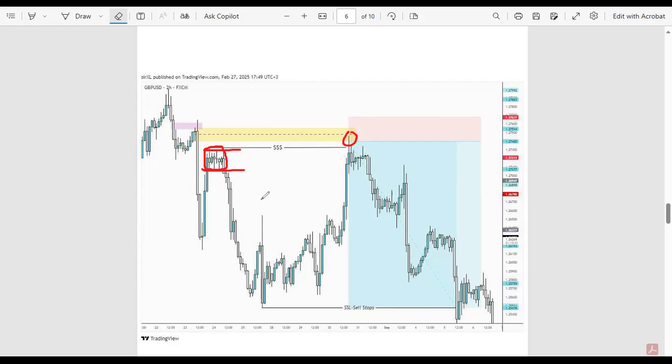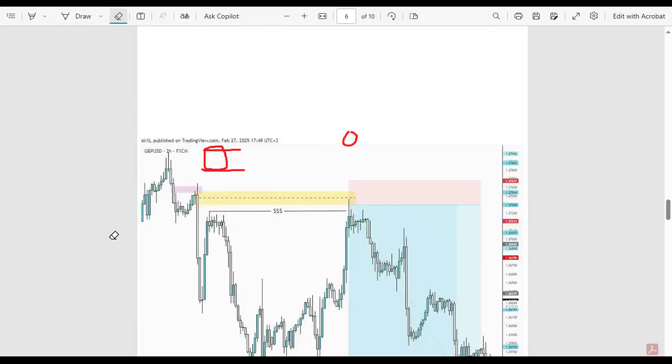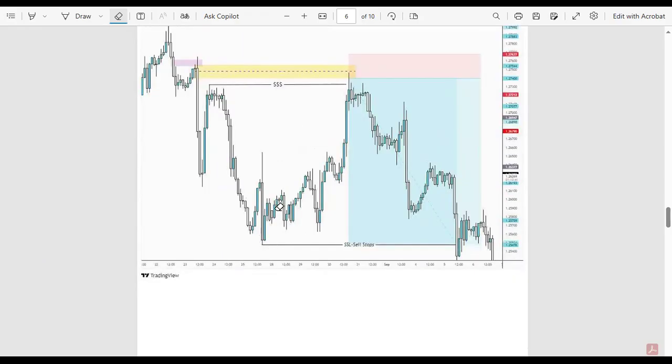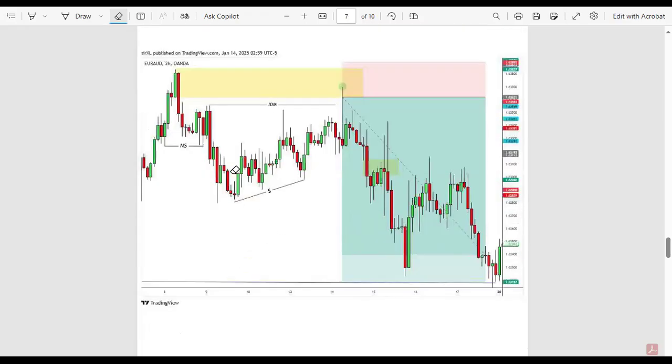Now let's check another example. I think you can see everything there. Very nice trade. The other trade is this one, very simple. This was our premium order block. This was an area where we had an inducement. Why? Because there was no clear market structure shift before the formation of this. There was no clear point of interest for us to use this as our entry, because at this point here,